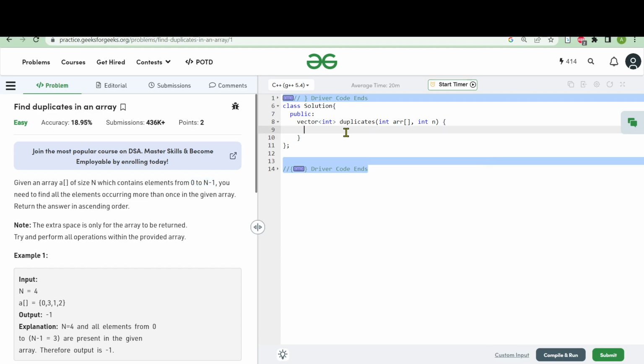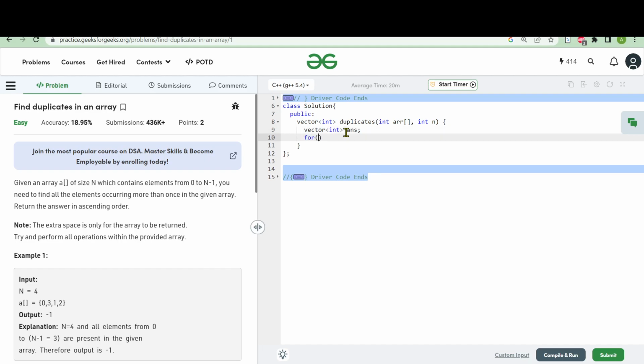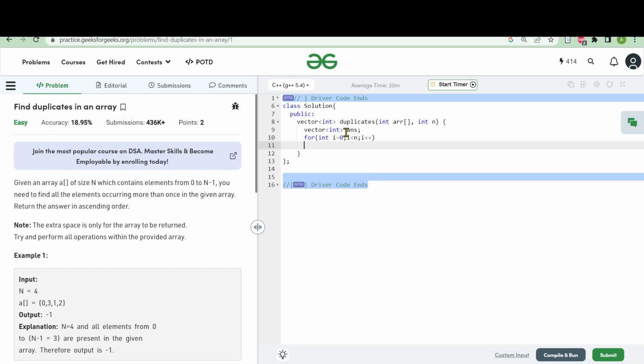And for returning the answer, I'm creating a vector of int and naming it answer. And I'm placing here a for loop for scanning the given array that will run till the size of the array. And focus here on what I am doing now. This is the most important thing here. What I am doing, I'm going to the array, and